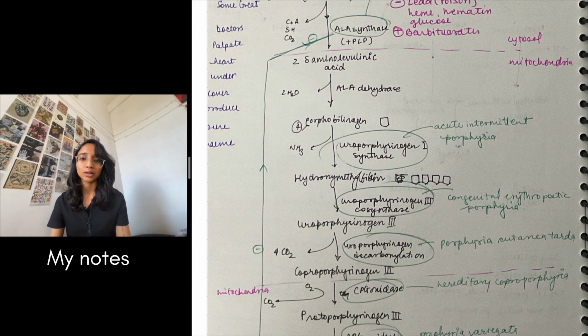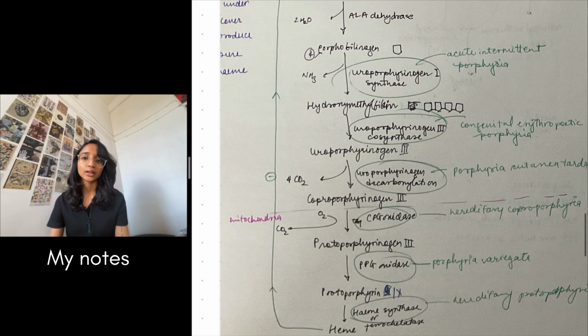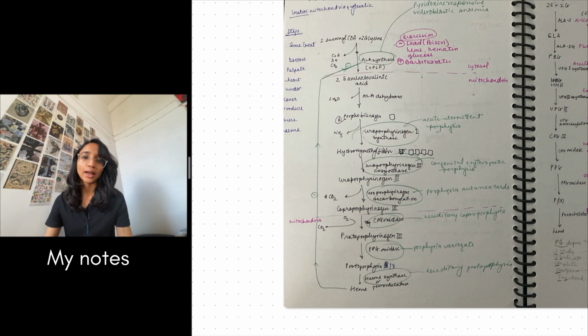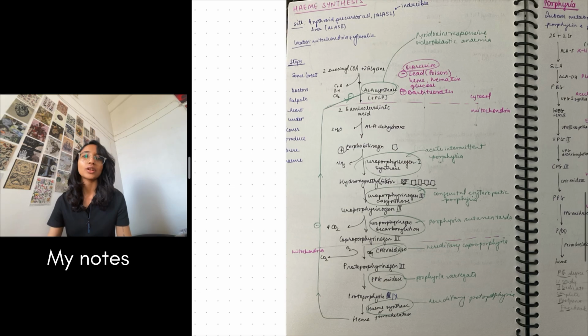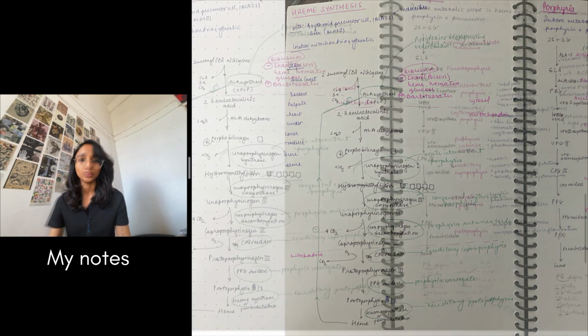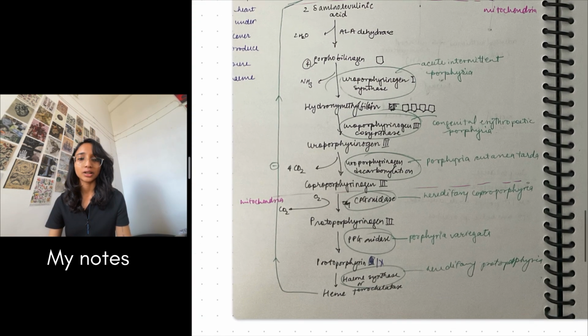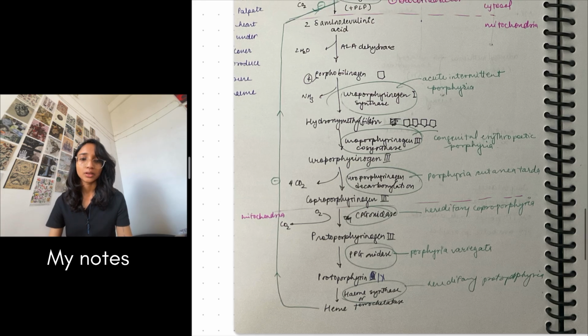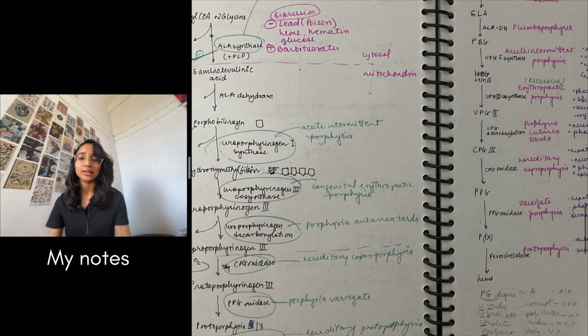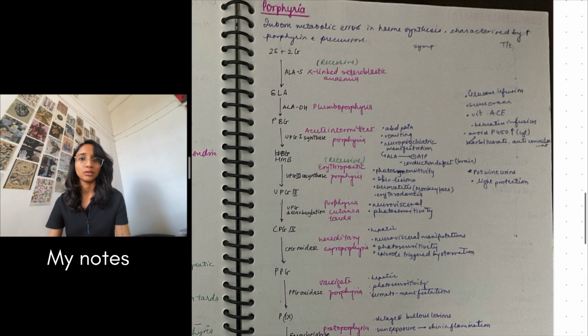It is the same in all of these steps. And again here, again after coproporphyrinogen 3, it enters mitochondria again. So in this one flowchart, I have everything the question might ask me in one go. Oh, by the way, again, there is also negative feedback by heme, which will inhibit ALA synthase. So everything is written in one big flowchart.